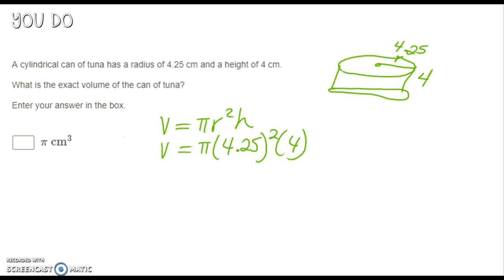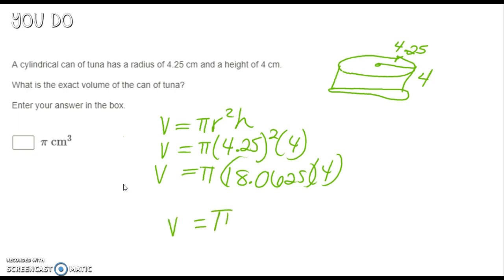So this one I'm going to need my calculator for. 4.25 squared is approximately 18.0625 times 4. So our exact volume will be 72.25